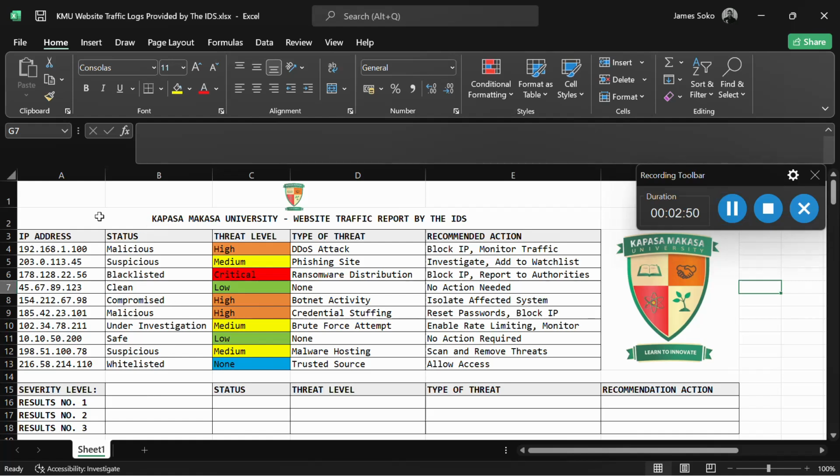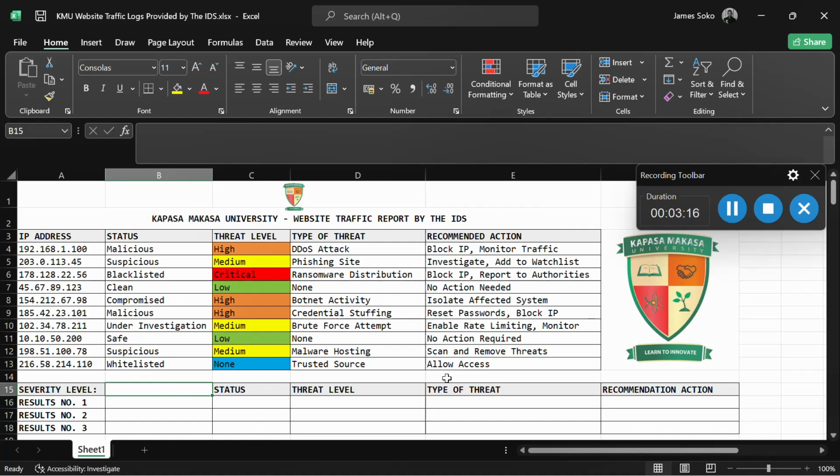So this is the data we have for the Kapasa Makassar University website traffic report by the intrusion detection system. We have the IP addresses, the status, the threat level, type of attack, and recommended action. Here we can search for a severity level and see the results for the status, threat level, and so on.